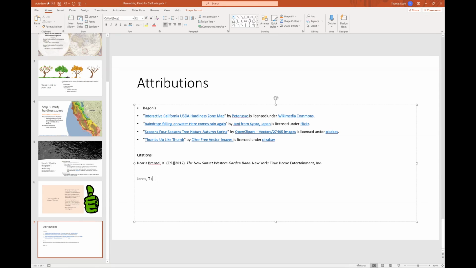So you either put the date that is posted. So if it says April 2019, then you put that. Otherwise, if there's no date, you just put no date. And then you put the title of the article. So Tom Jones Sings the Blues. All right, so that's the title of the article.